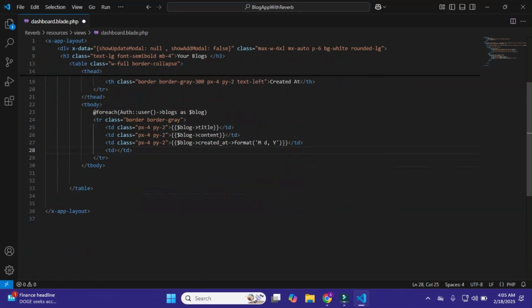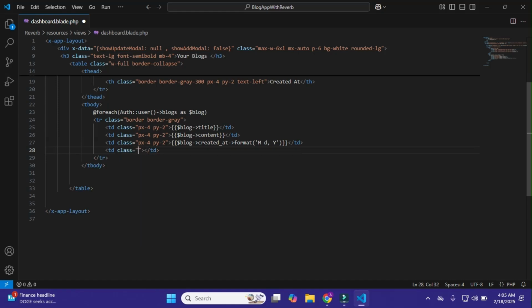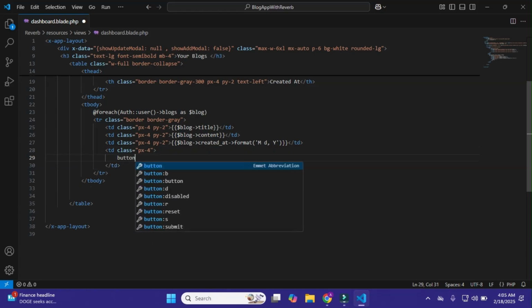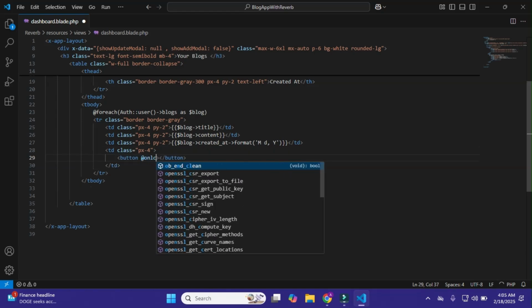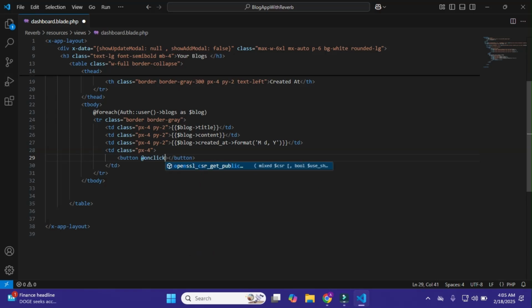For this, I'll make a td and give it the same class as before, px-4, just this. Okay, and within it, I'll make here button, and at the rate on click, I'll make show update model.